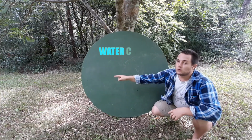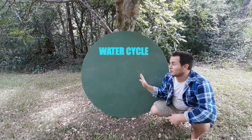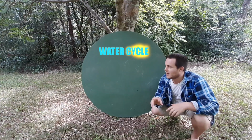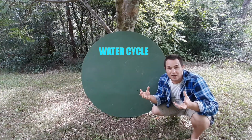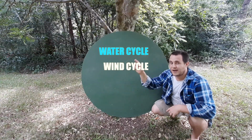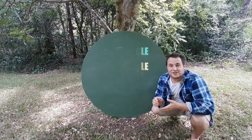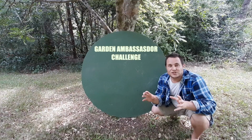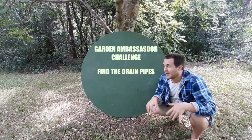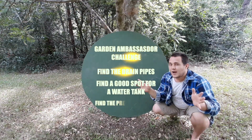Okay, Garden Ambassadors, let's do a recap. First, we learnt about the water cycle and evaporation and evapotranspiration from the trees, because the trees can create rain clouds. Plant more trees. We also learnt how we can capture that rainwater. Then we learned about the wind cycles and prevailing winds and what we can do to try and prevent our garden from getting damaged. So your Garden Ambassador Challenge is to find all the drain pipes so you know where the water's going, find out where the best place for a water tank is,